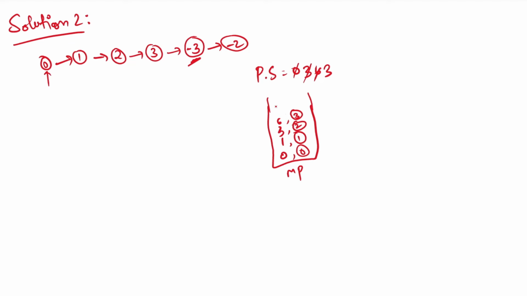Earlier we were adding here, but now we will not add. We will just update this value. We will update this value and make it -3. And why? Because when we start again from here, at this point, our previous sum will be 3. So we will check from this list where this 3 is, this is -3.